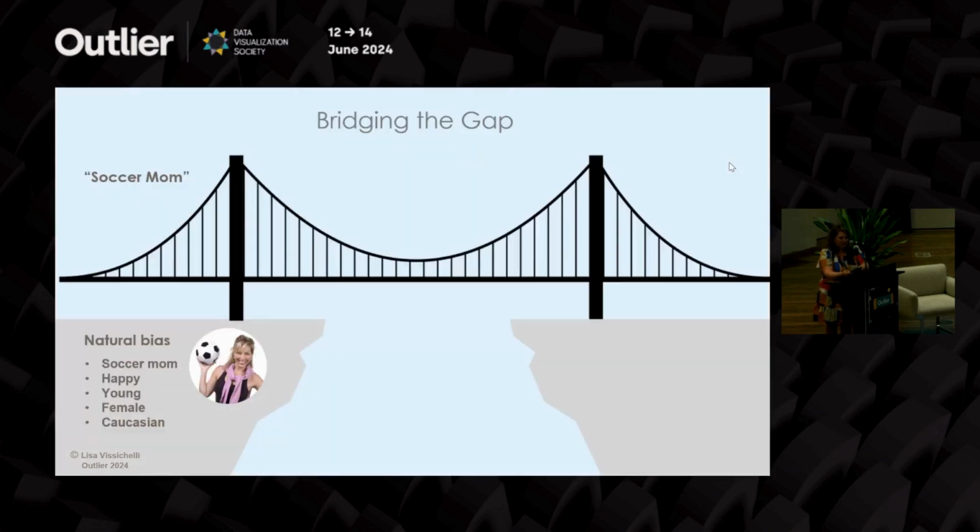So let's go to the next slide. If we follow the bridge framework and we put her on one side of the bridge, we're really looking at her natural bias traits: that she's a soccer mom, that she has a soccer ball, that she's happy, that she's a woman, that she's young, that she's in shape. But why don't we look at this from another perspective? Let's look at our inclusive outliers from that data set. It talked about her being a provider, being caring, defending her children. And this is where we need the visual to go, towards the protective parent.